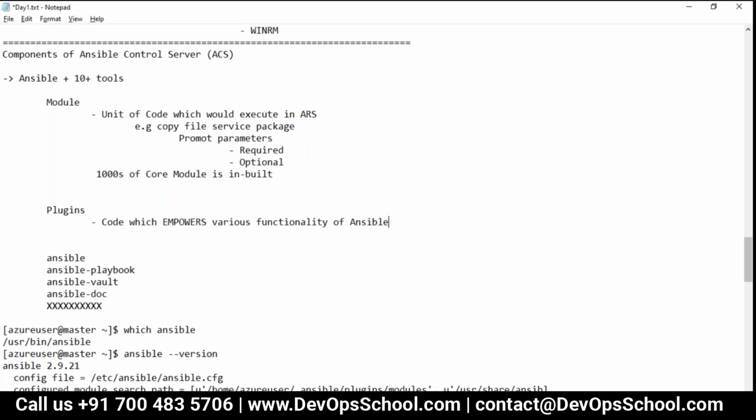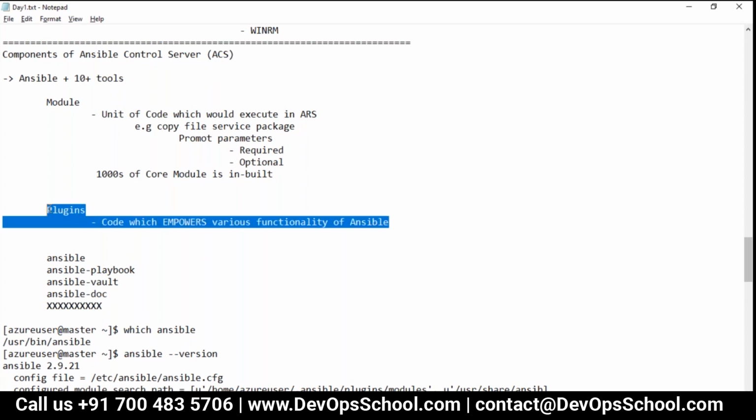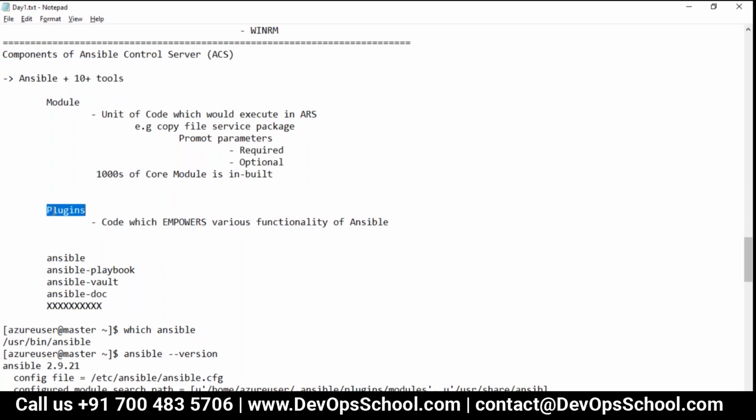Simple. Let's say Ansible itself has 10 features, so typically Ansible has 10 plugins, something like that. These plugins are inbuilt, and we can also develop them and extend the functionality of Ansible.